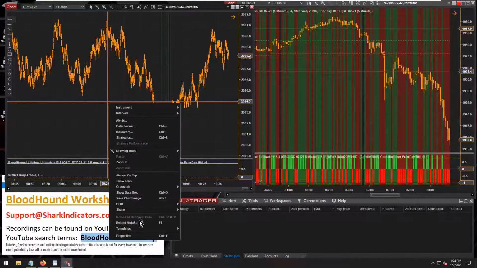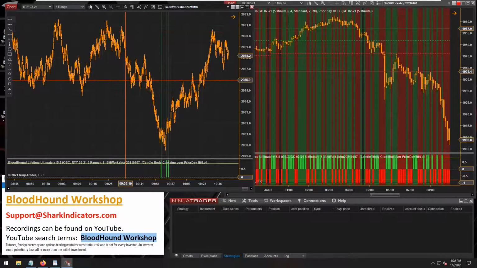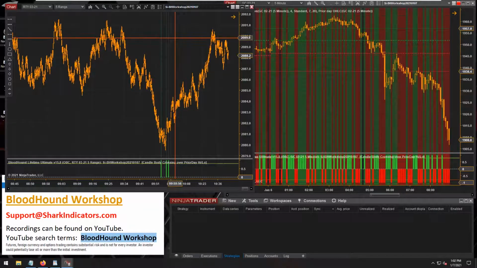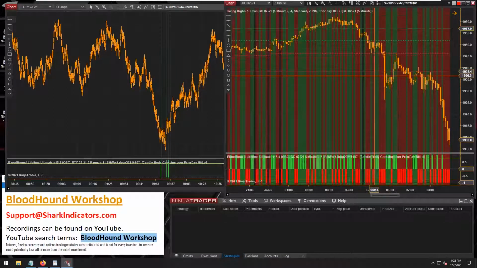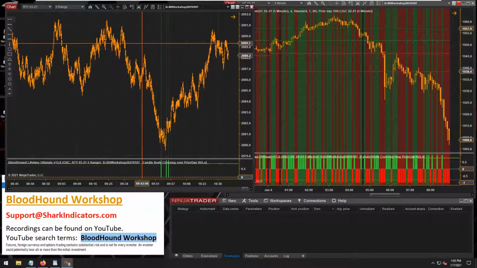So if I reload the chart, right, the BloodHound on this other chart will see that a change was made and the file was updated, right? This BloodHound will go, oh, there's a newer file. This template file that I have loaded, there's a newer version on the hard drive, and it will load that newer version. The changes I just made over here was saved back to the file, and then if I reload this chart, it'll recognize there's a newer file on the hard drive,